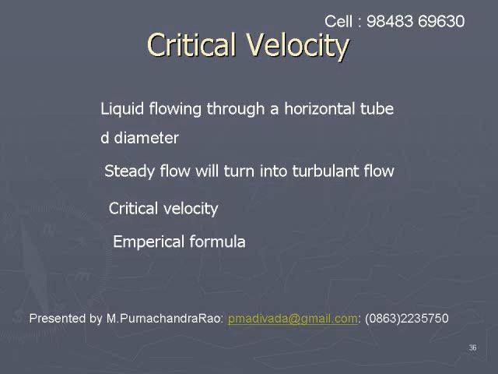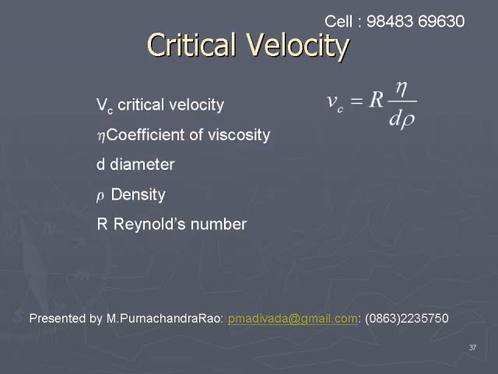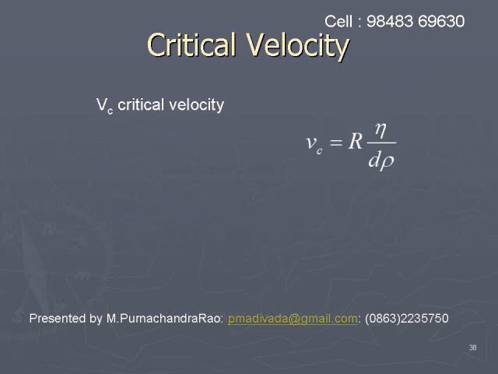Mathematically, it is described with a velocity known as critical velocity, and it is calculated with an empirical formula. Vc is equal to R into eta divided by d rho, where Vc represents the critical velocity,